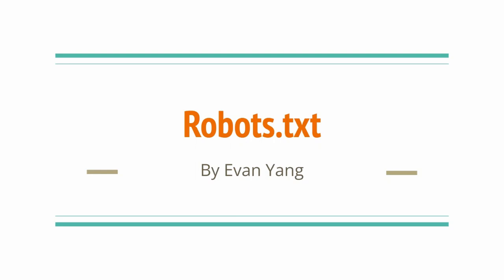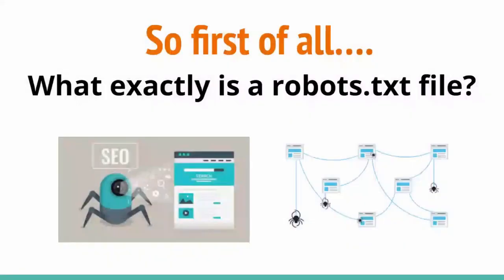Regards to your site's SEO, there's a certain file called a robots.txt file that may be very important to a website's success. But what exactly is this file and what does it do? So essentially, a robots.txt file is a file that tells search engine bots which pages on your site are accessible